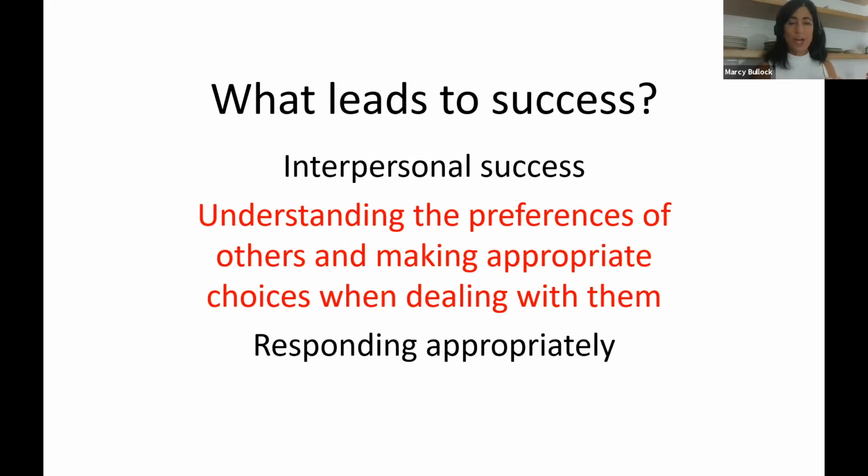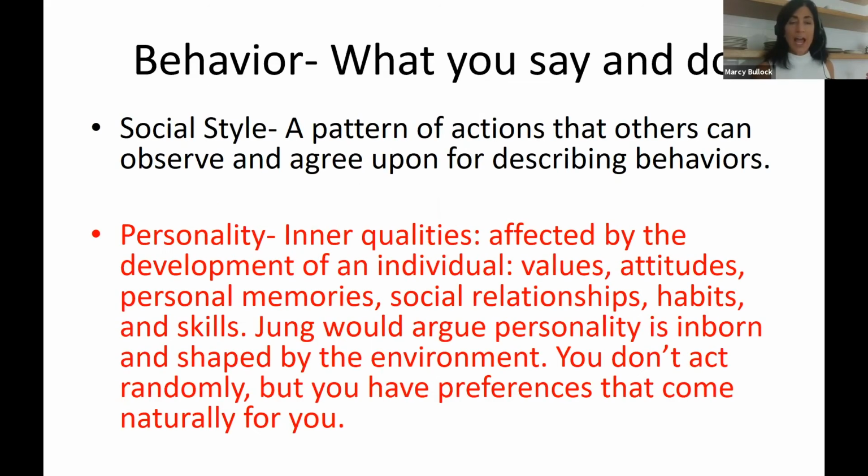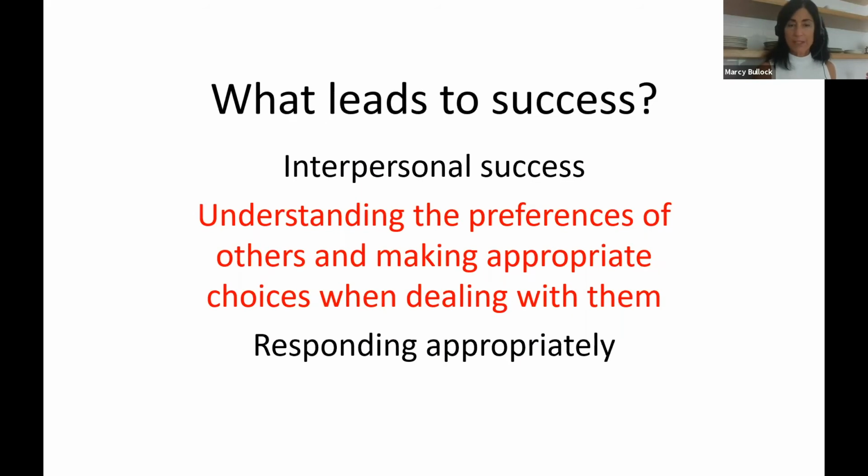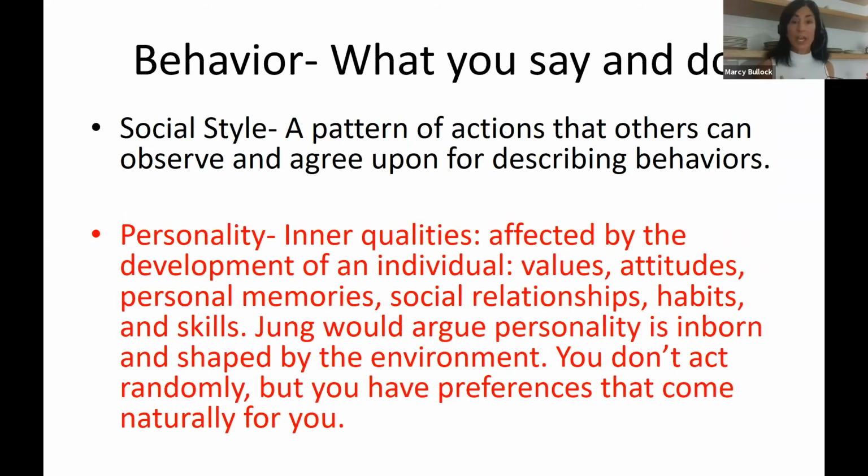So good. Responding appropriately and thinking about behavior. This is the other thing we're looking at. So the last slide was what leads to success. Now we're looking at our behavior. So it's not really our personality, it's what we say and do. A social style is a pattern of actions that others can observe and agree upon by describing. We can say, ooh, that person behaved this way. We can all agree that we have observed them being very talkative to us, or we can observe them taking